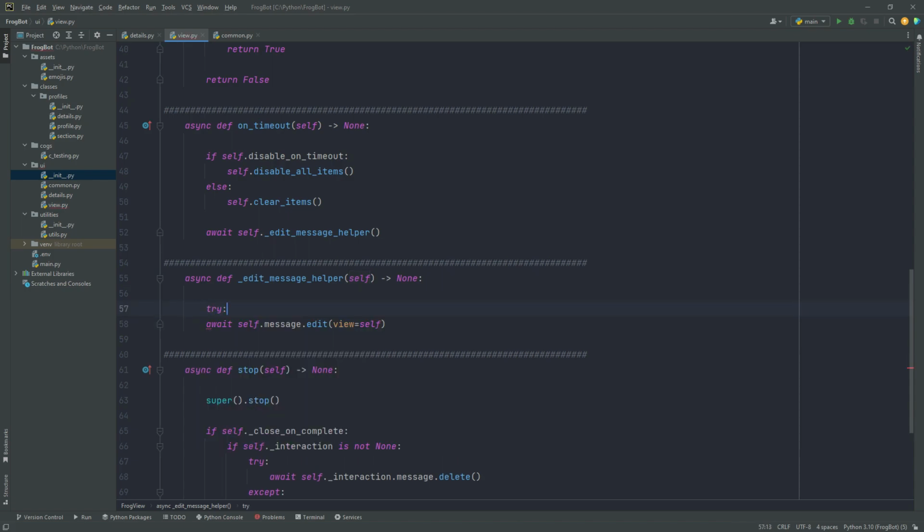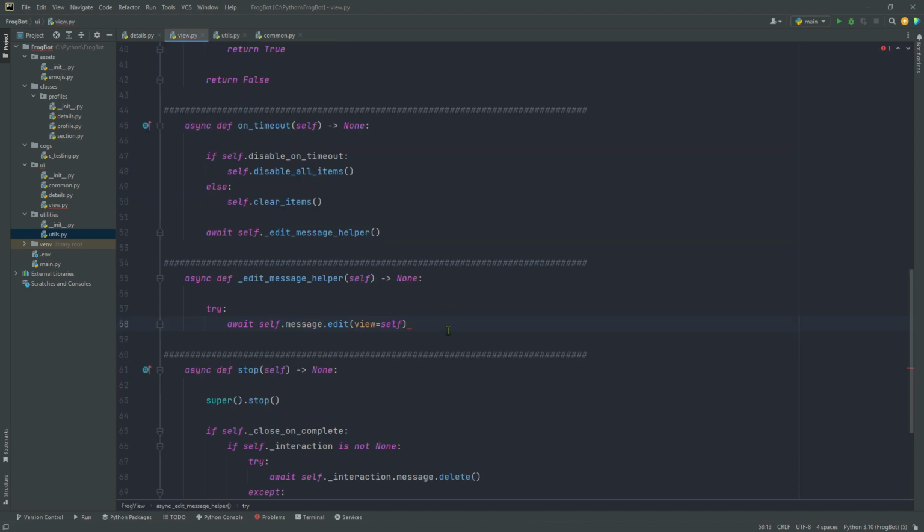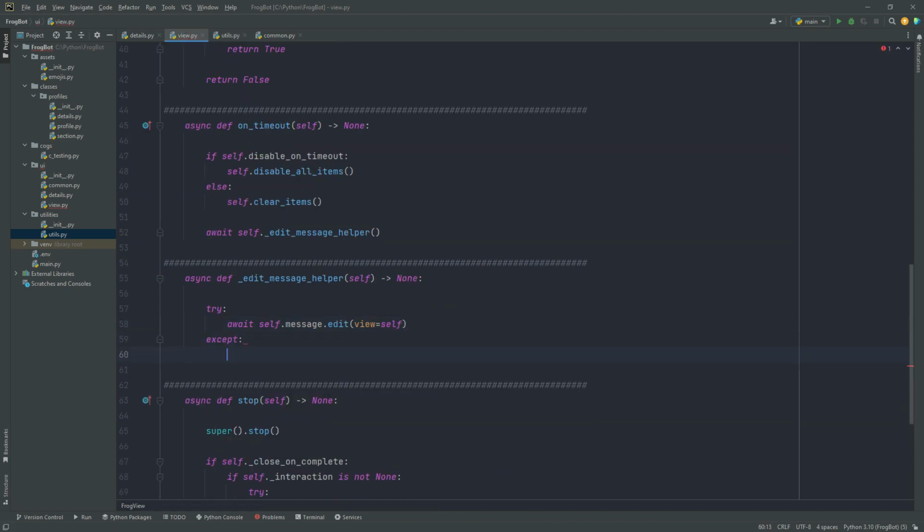We don't necessarily know that this is going to inherently succeed, because remember, you can respond to a message or an interaction in two ways. So if you recall, in our edit message helper function in the utils file, we start by saying interaction.message.edit, right? Because we could have a webhook message item. In the event that this doesn't work, we're going to use this exact same behavior right here, okay? So in the event that this doesn't work, we're going to try